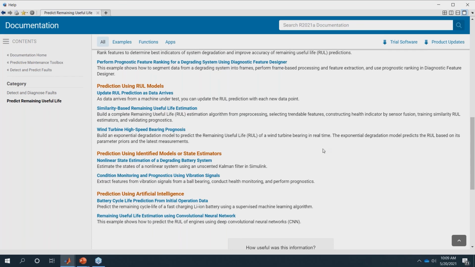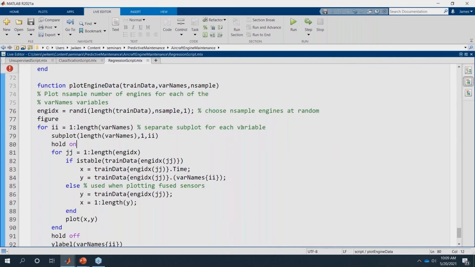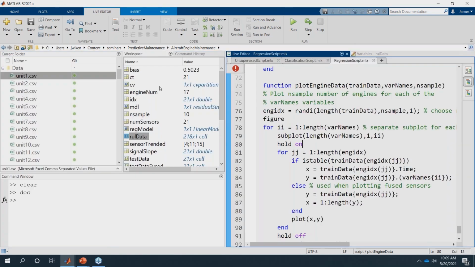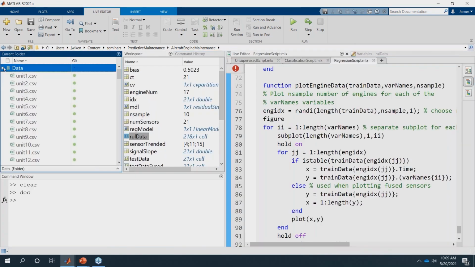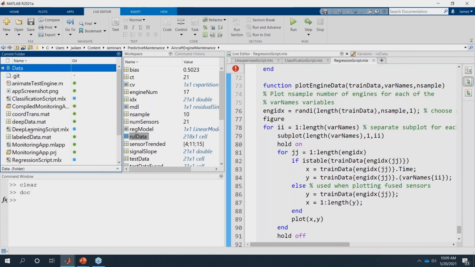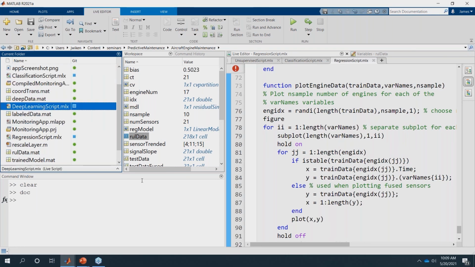Like I said, make sure to send out the slides and the code that was shown today, as well as a couple of scripts that I didn't show. There's one on doing that classification model, which is an extension to the first one we did. And there's also one that shows how you can use deep learning to solve very similar problems as well. So you can take a look at that one too.